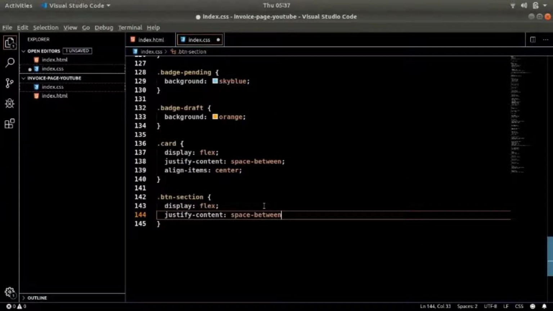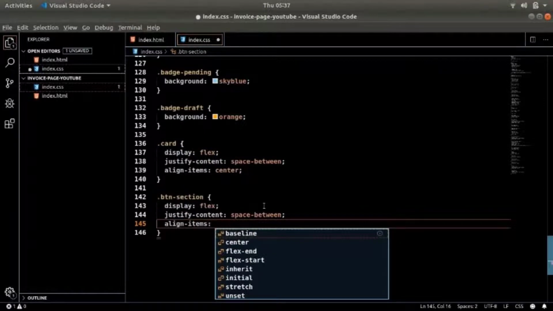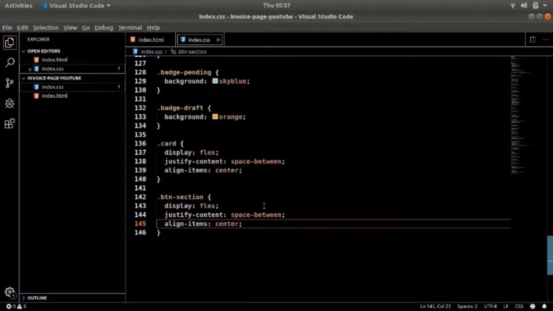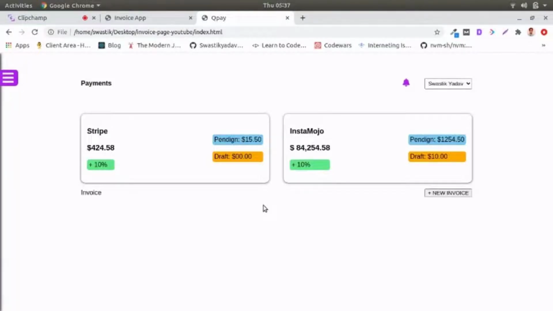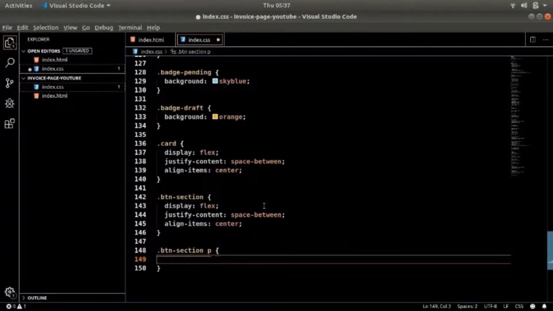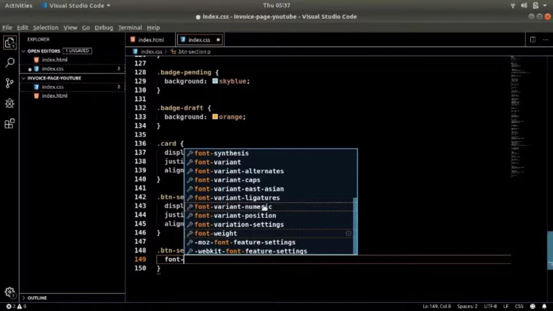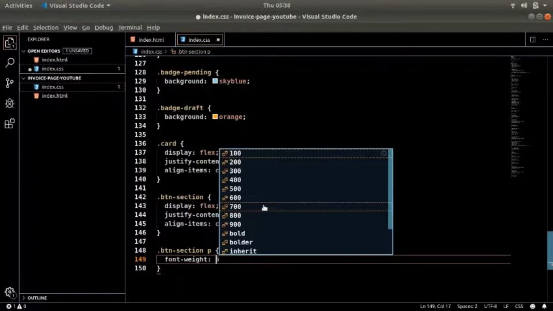Space-between, and then we have align-items, which will align them vertically, which is center, and that's what we have. Okay, so now for btn section, there is a p tag for which I want the font-weight to be 600.